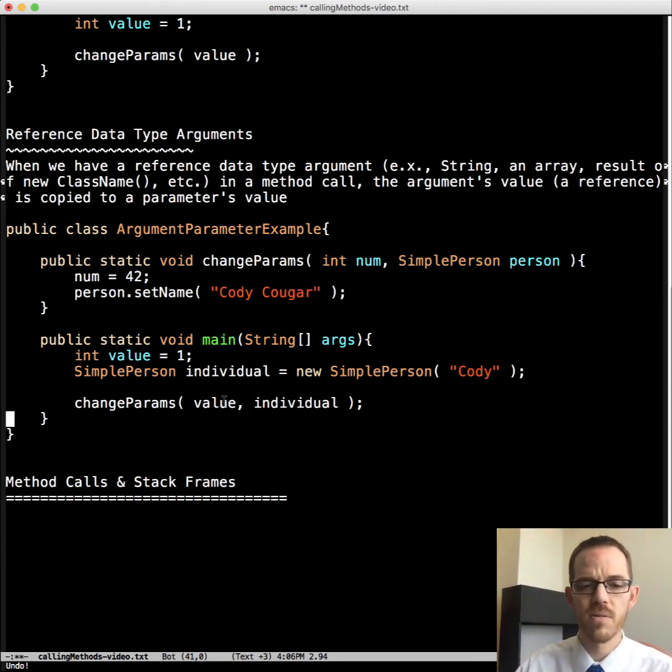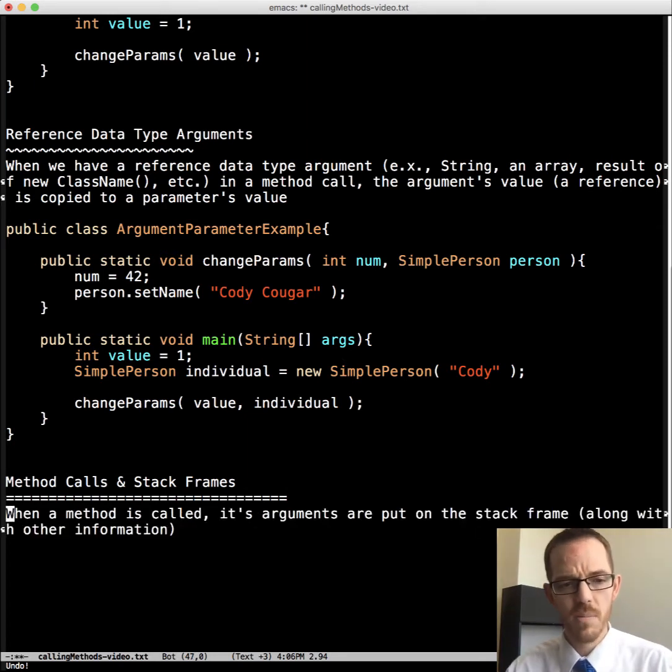So now value, which is 1, we're copying into here, and we're copying individual into person, but what we're copying is a reference. We're copying a reference to this SimplePerson object.